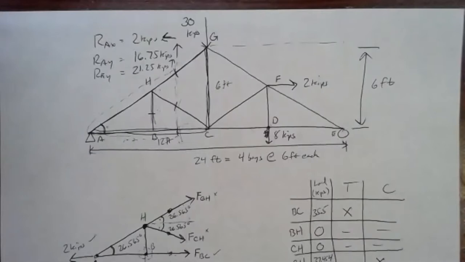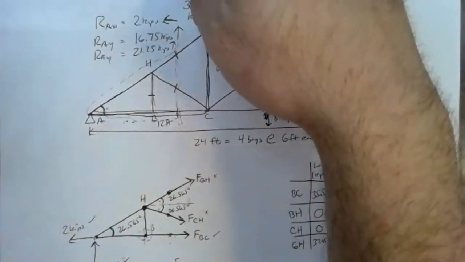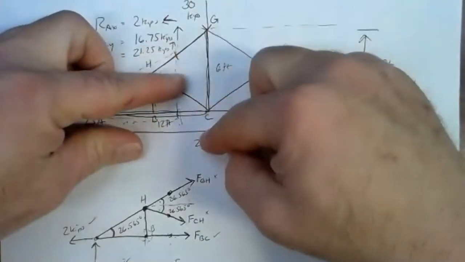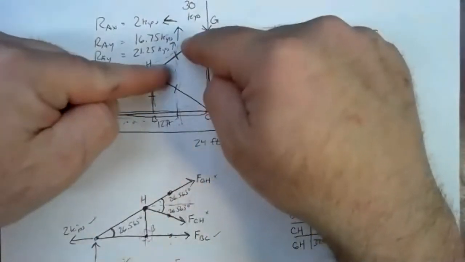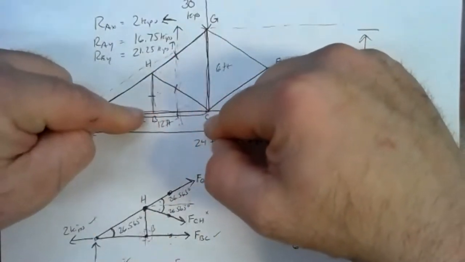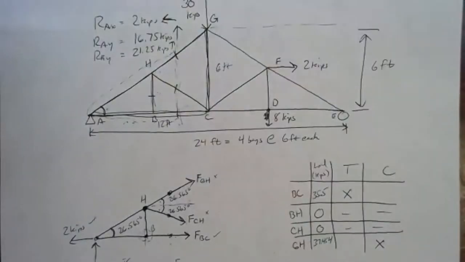And again, you can appeal to the bending idea to give you some explanation for why the members are in tension or compression. If we pushed down on the middle of this truss, it's going to try to make the middle fall. It's essentially going to bend it downward like that, which is going to put member GH into compression and stretch out member BC. It's going to put BC into tension and GH into compression. The top chords of a truss under gravity loads are generally under compression, while the bottom chord is generally under tension.